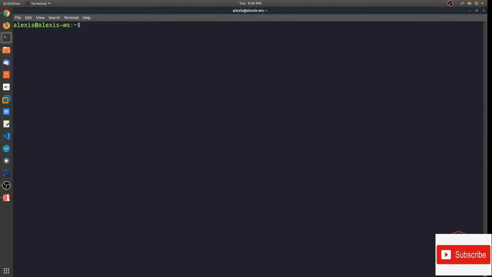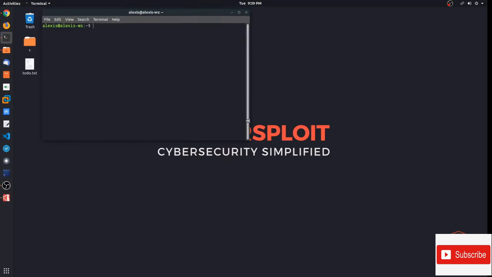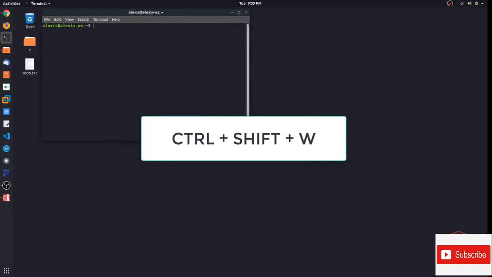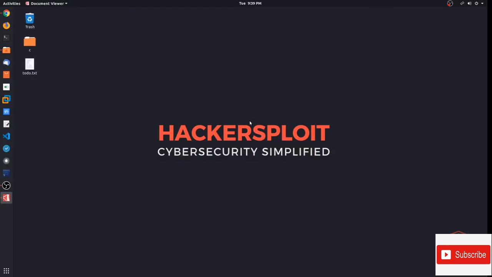So again, Control and L, that clears everything for me. Now let's talk about how to close your terminal. Closing your terminal is very simple. You can use the Control Shift and W key. So I can say Control Shift and W here, right over here, and that works pretty universally among all